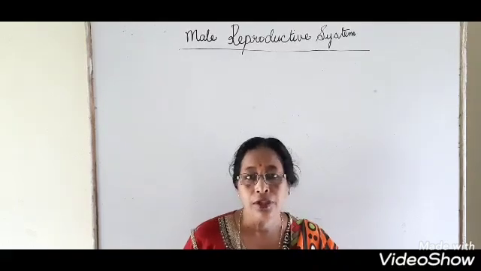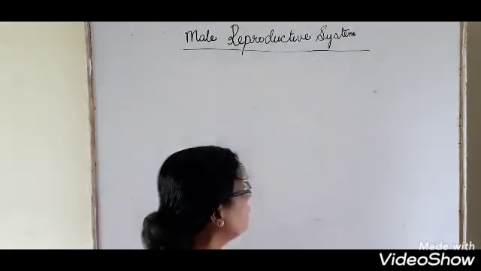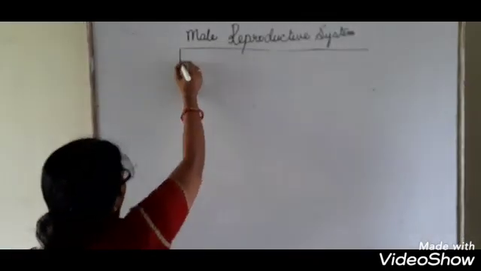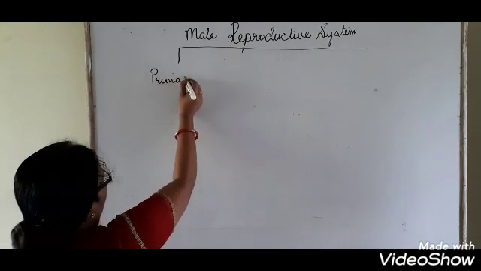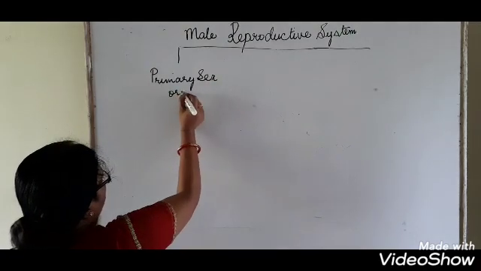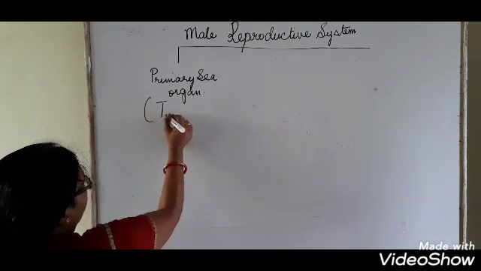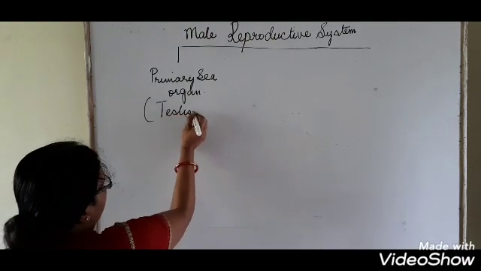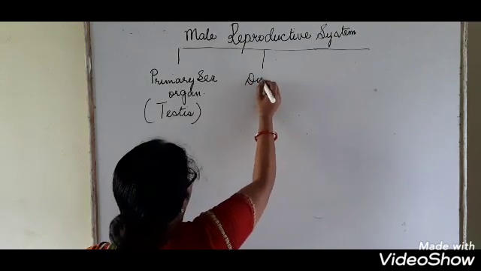Today we are going to learn about the male reproductive system. The male reproductive system consists of the primary sex organs, that is the testes. Then the duct system,